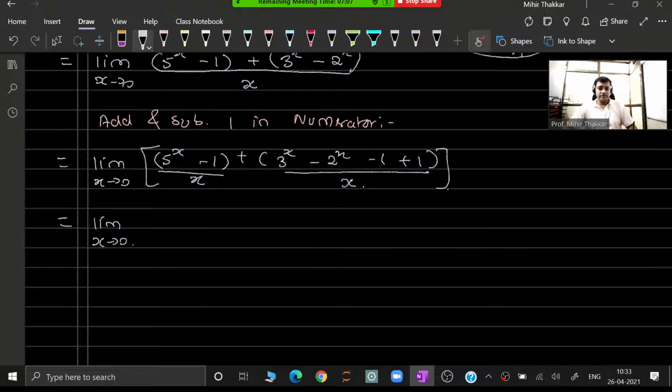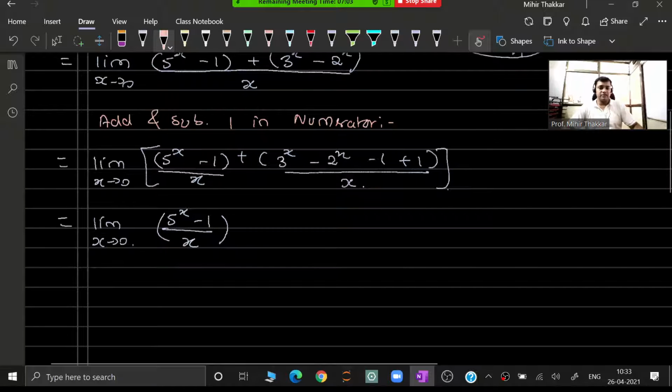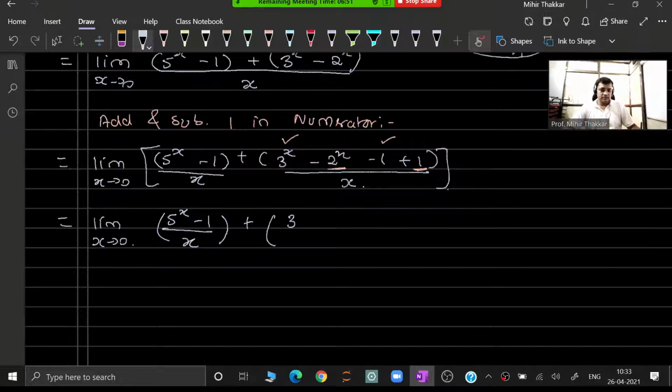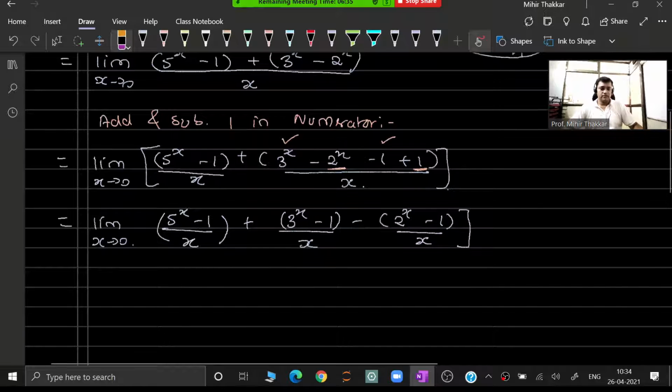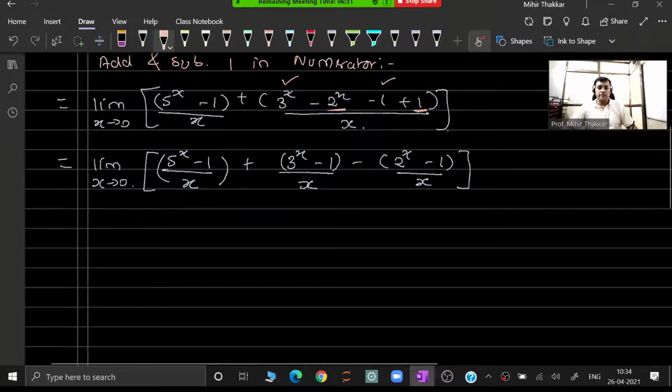This is the limit as x tends to 0 divided by x. Just like I separated the terms, I will take 3 raised to x minus 1 and minus 2 raised to x plus 1, and take the minus sign common. So I will get it like this: 3 raised to x minus 1 minus 2 raised to x minus 1, and I can separate the x values over here. So now just apply the limit